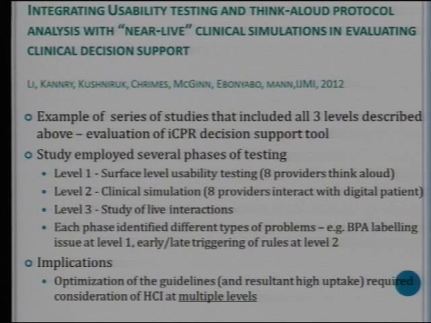The first one, I can just say some examples, and you'll see in a minute. The first thing that came up when we did the testing was one of the screens should have triggered the guideline, and a window came up with an acronym, BPA, on it. And does everybody know what BPA is? Yes, the best practice. Well, where we were testing it, nobody knew what it was, so no one clicked on it.